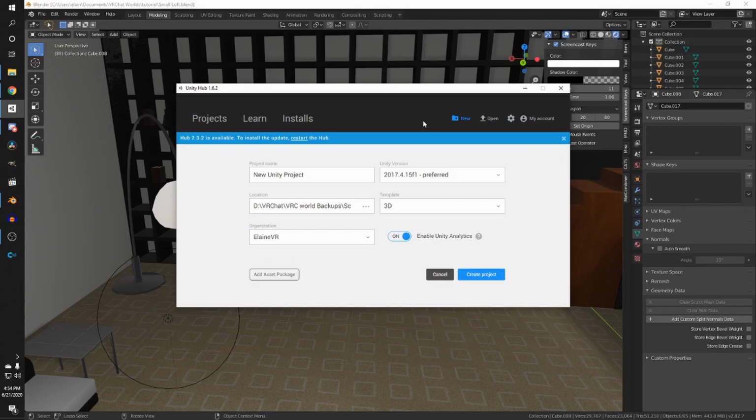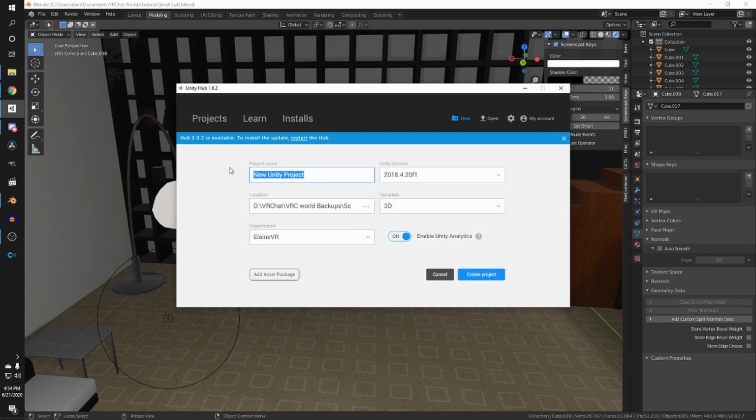So go to your Unity Hub and create a new project. One thing you should know is, depending on when you're watching this, the Unity version that VRChat uses may have changed, and you will also want to get the most recent VRC SDK. To figure out what Unity version VRChat is using, go to the VRChat website, sign in, go to Downloads, and you can find the newest VRC SDK there, and it'll link you to the proper Unity version that you should be using. Right now, VRChat is using